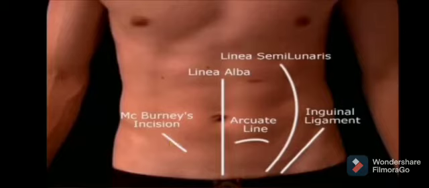If you want to check the tenderness of the appendix, we palpate this point, and it is not a visible landmark like all these. We have to draw an imaginary line from the anterior superior iliac spine to the umbilicus. Then we have to take the lateral 1/3 and the medial 2/3, and this point of demarcation of the lateral 1/3 and medial 2/3 marks McBurney's point. Again, you check the tenderness of the appendix, and if you have confirmed the case of appendicitis, you make the incision here.